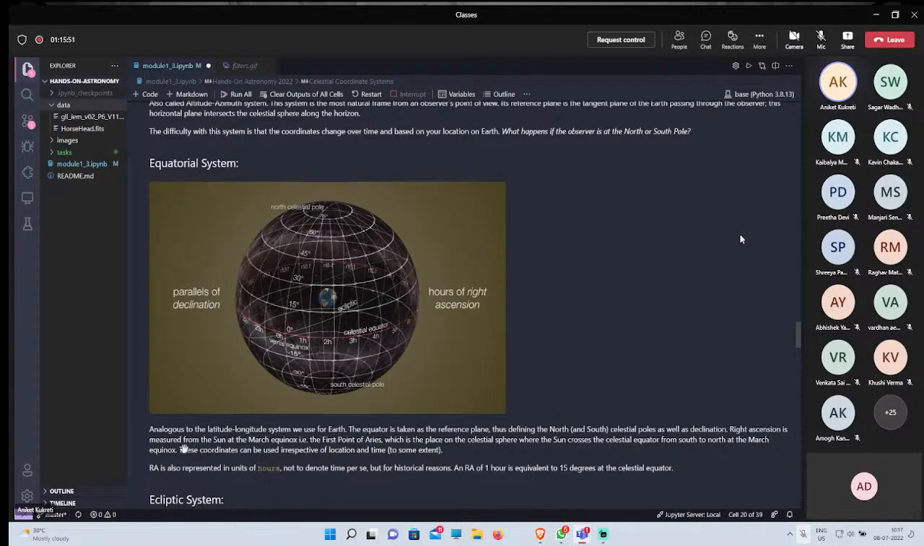The right ascension is measured from the sun at March equinox, the first point of Aries, which is the place on the celestial sphere where the sun crosses the celestial equator from north to south at March equinox. So this is a lot of fancy words, but what this says is,